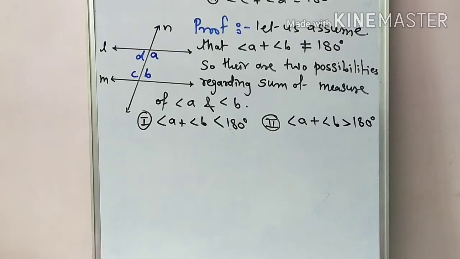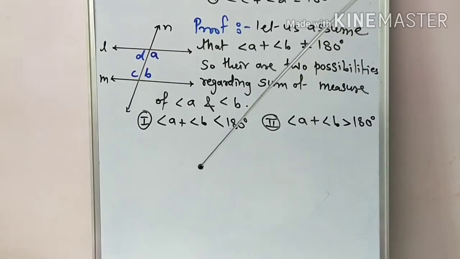Okay, so as you see in the textbook, the proof is given as three possibilities regarding the sum of the measures of angle A and angle B. The same two possibilities are given, and the third one is also mentioned as angle A plus angle B equal to 180 degrees. Actually, it is proved by the indirect proof. As we take this possibility and prove it, this possibility is not possible, it is false. Similarly, we show this one is also false according to the given part.